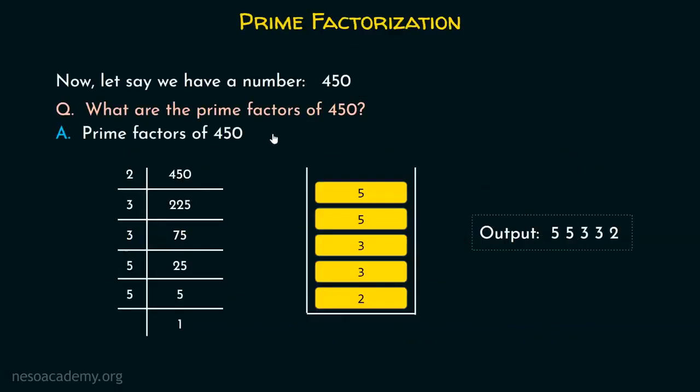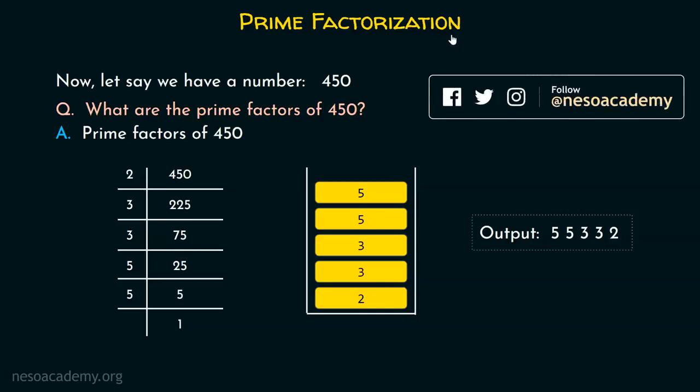Here you can see that we are interested in finding the prime factors of this given number, 450. And these are all the prime factors of this number, and we have found all these prime factors with the help of the prime factorization technique. We have learned this in the previous presentation, right? If you haven't watched the previous lecture, then I would recommend you to watch that lecture before moving on to